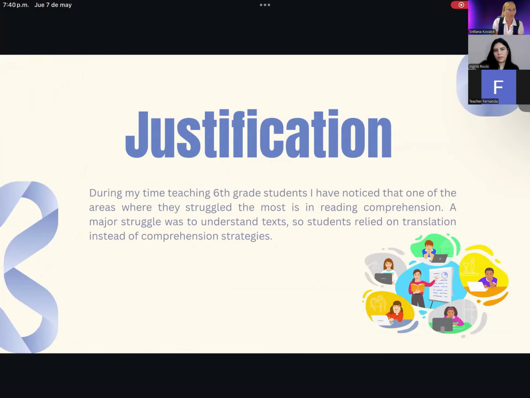And the reason for this research topic was that during my teaching experience with sixth graders, which I've been teaching during the last 10 years, one of the things that I've noticed students struggle with most is reading comprehension. When we have a reading comprehension quiz or when they use a digital app to read and answer quizzes, that's where the low grades are mostly appearing. So this is the reason why I decided to take this topic.